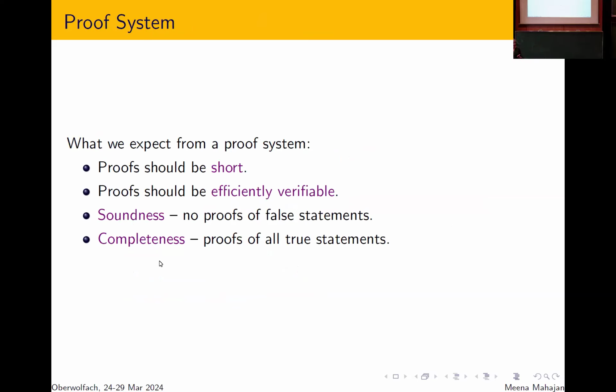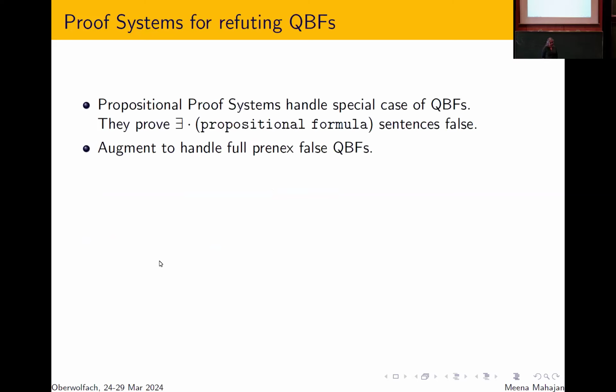In the case of propositional formulas, satisfiable instances are very easy to certify, and it's the unsat instances that require work. Here, there's no real difference between true and false in terms of how easy it is to certify, to give a model or a counter model. But verification certainly seems to be harder. Even if I give you a strategy and say that this is indeed a counter model, how would you verify that? This is not an easy task. So verifiability one has to pay attention to.